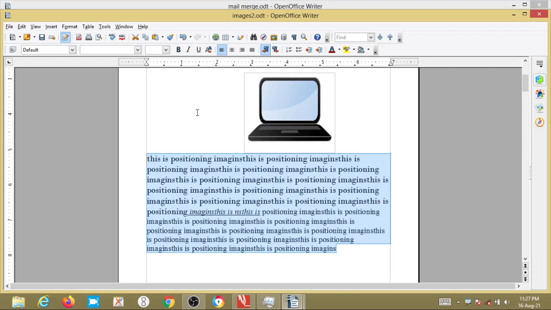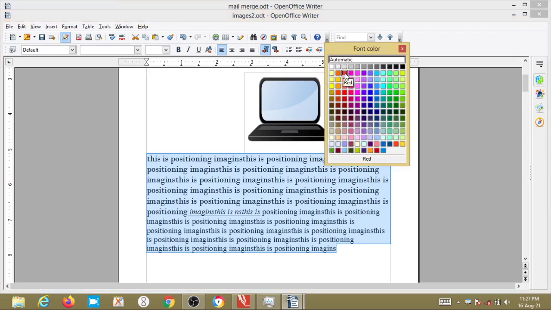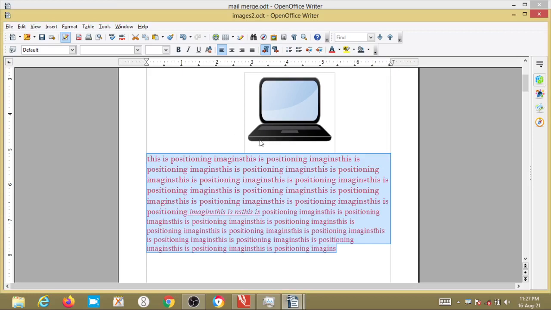Then on the formatting toolbar there is a font color. Here this is the background color, and this is the font color. Click on it, select whichever color you want, and it has been changed to that color. Clear now? This is one way.